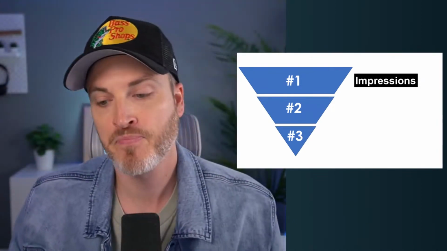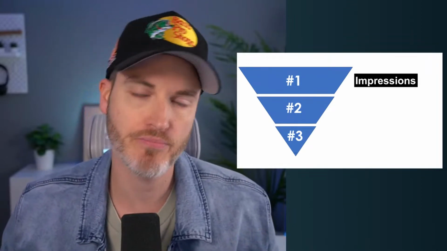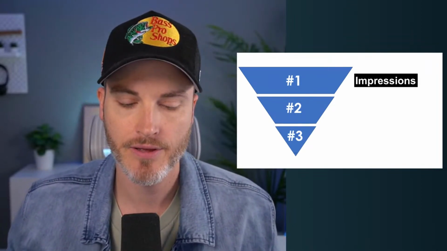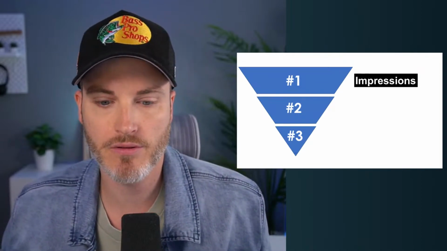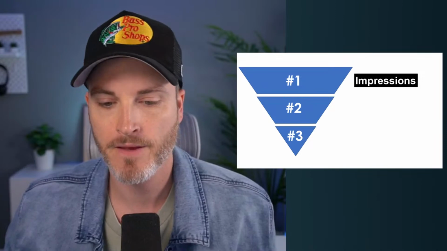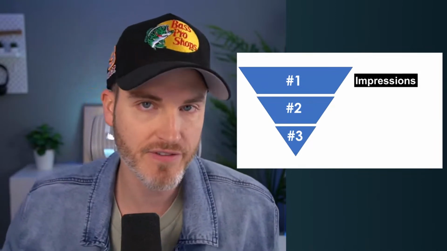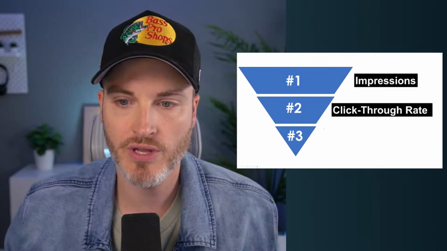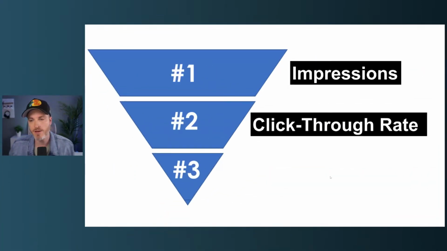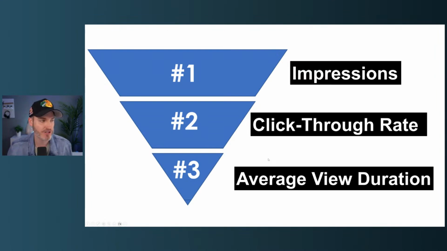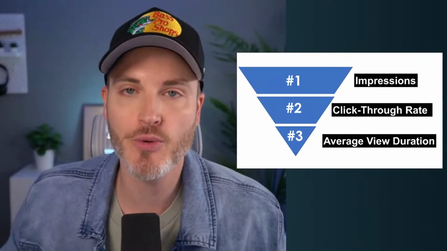But here's the good news. If your video is getting 1,000 impressions, and I'll show you in a second how you can see that, and you have a 3% click-through rate, then that's 30 people clicking. If you change it to a 5% click-through rate, that's going to be 50 people clicking. Very powerful. So the next thing is going to be your click-through rate. So the video, number one, has to be getting impressions, and I could do some Q&A later about anything. Then it's going to get a click-through rate, and then also it's going to lead to average view duration, right? And so one of the things you can't change once the video is out, obviously, is the video itself.